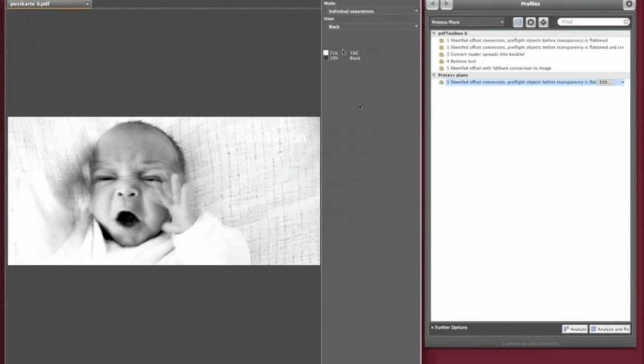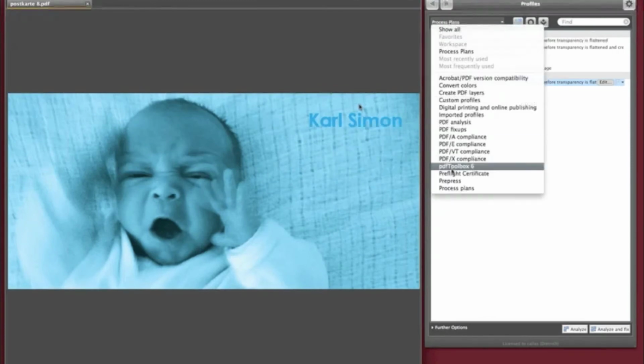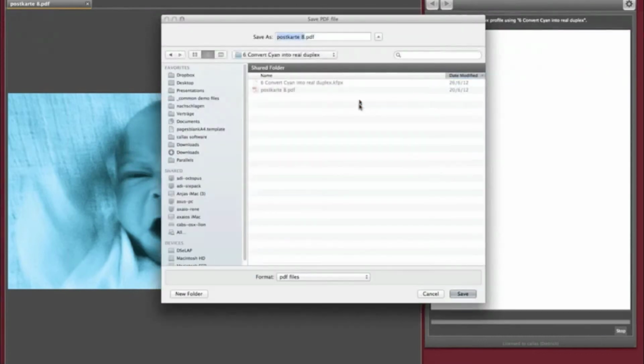So this is apparently something like a duotone image or so, but for any reason the originator of this PDF file was not able to insert this blue color, the spot color that is actually intended to be printed here. It was not able to create that spot color, so he has just used the cyan channel in that case. And what I can do right now, I can go to the pdfToolbox 6 group here in order to view that profile, and I've prepared a profile which is called Convert Cyan into a real duplex. So let's just apply that